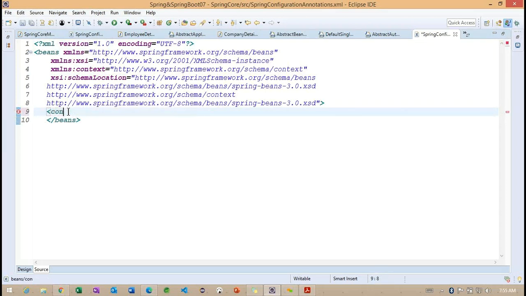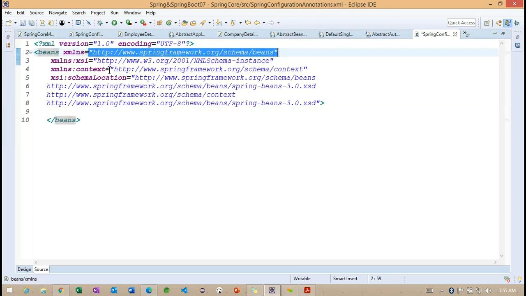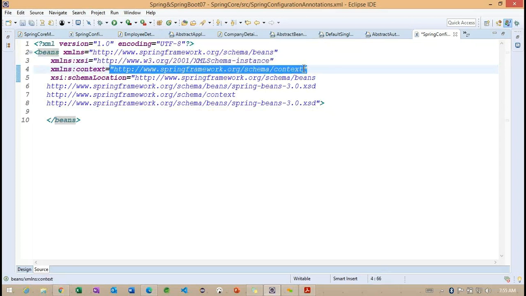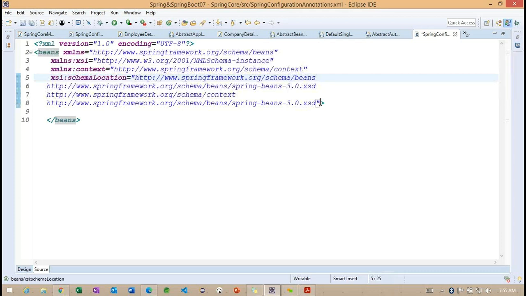No. So we are getting the constructor here. So basically I'm expecting a different one, where the double quotes are missing here. This double quotes are working fine, this is also working fine, and context is also working fine. We enable and we close. It is not a double quotes issue.